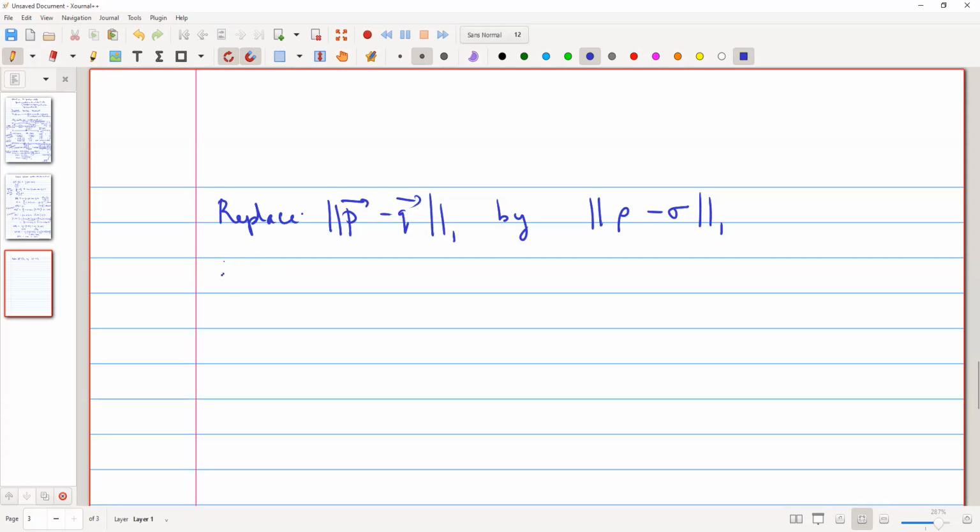So let us say, let M be a measurement on X with,